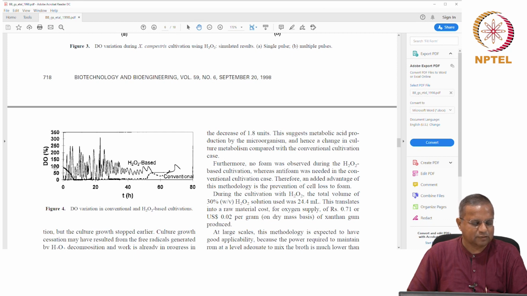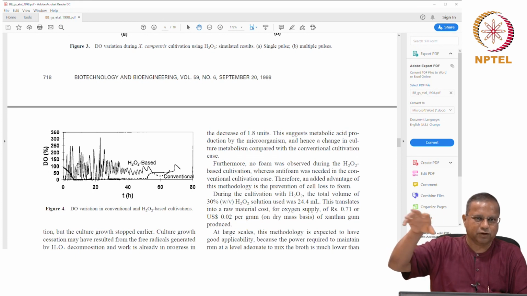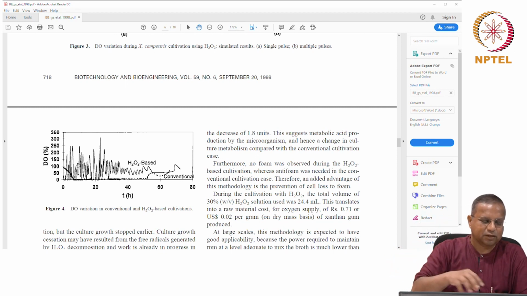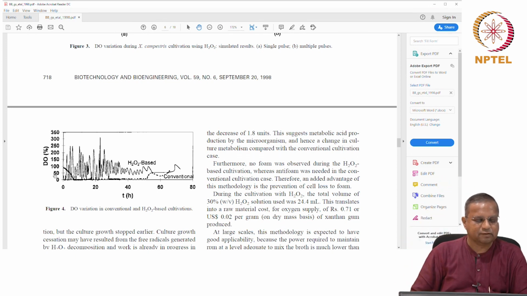we started at 100%. By the way, this is percentage air saturation. In air, you have 21% oxygen. So if you reach 21% oxygen in air, you have 100% air saturation. So in theory, you can go up to 480% air saturation, because if you go to 100% oxygen, it will be almost five-fold, 21 and 100. So almost five-fold, 4.89-fold of the air saturation value. And therefore, you can go from 0% DO to 480% DO, because this is percent air saturation.